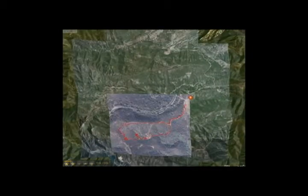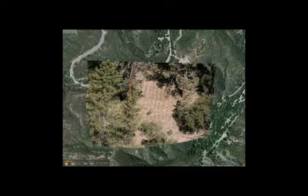The red map is the connected final hike. Because our team was in a remote location, our GPS did not pick up our entire hike, which is why we used ArcGIS to complete our map. The Sheriff's Department also provided some aerial pictures of the growth site. It is obvious that the area used by the growers has been stripped of all natural foliage to make room